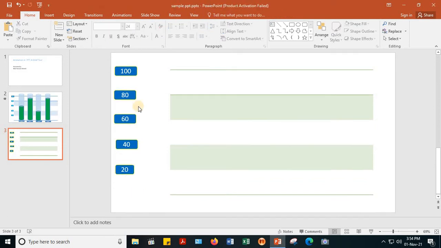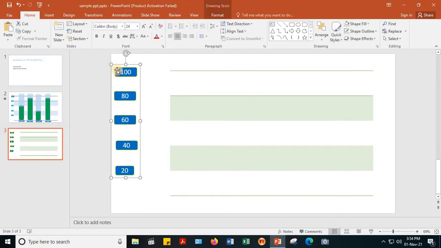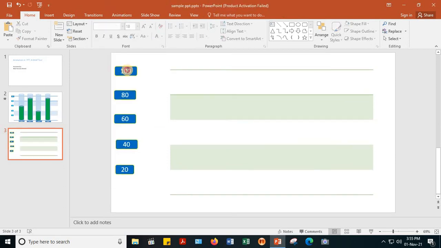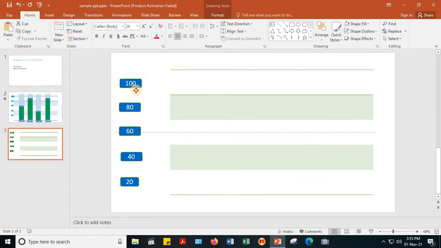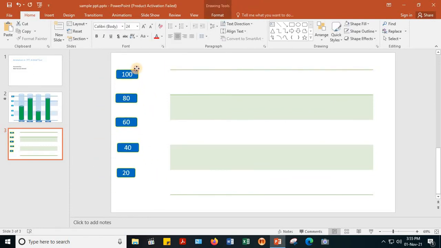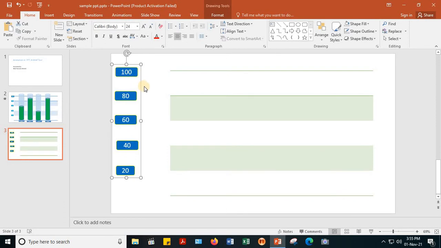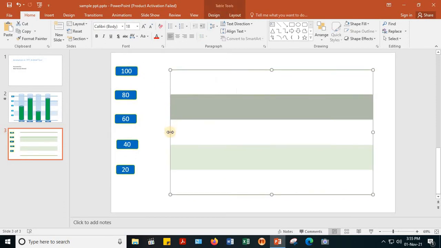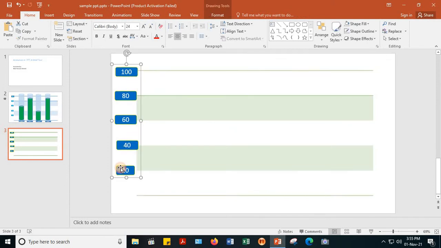Now it is regrouped. Okay, so this can now be entirely removed. Now this can be removed altogether. Okay, so I'm putting it in a particular place and adjusting it so that it is in a particular order.